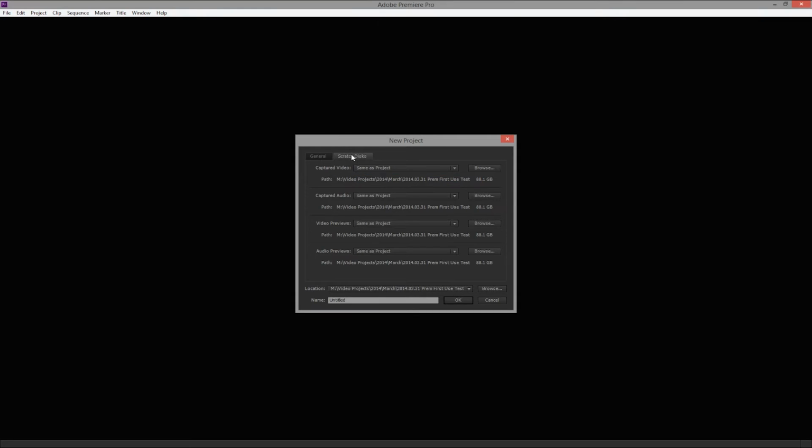Now, scratch discs. This is one that always throws people a curveball. Scratch disc sounds really important or slightly weird. All the scratch discs are temporary files that are created when you're working on a project that allow you to preview your video. So rather than having to export it or render it, it allows you to preview it, but the computer has to save that somewhere, and it refers to these as scratch discs. They can be on separate discs, but generally,